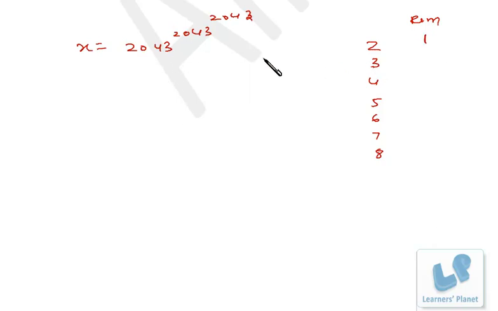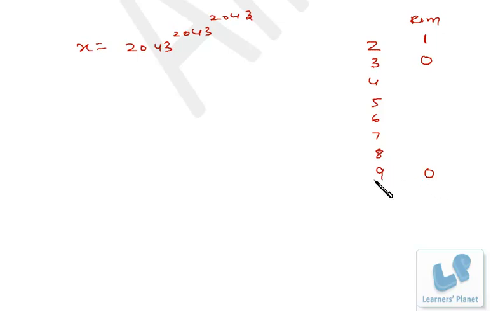Then from 3, let's see, 4 and 3, 7 and 2, 9. So this number is a multiple of 9. So when divided by 3, the remainder will be 0. So from 3, the remainder is 0 as well as from 9 also the remainder is 0. And if you divide any number by 9 and get the remainder 0, that means the digital root will also be 9.